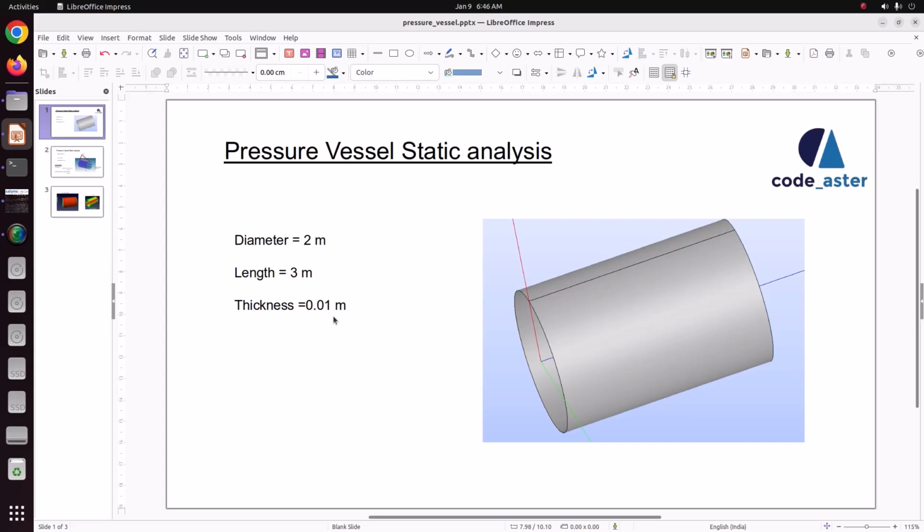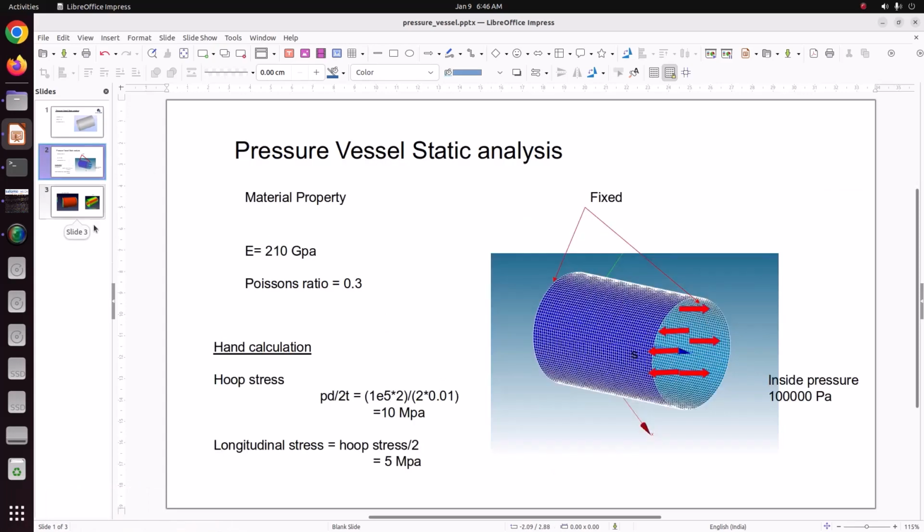By modeling this small thickness using a solid element, that will give more stress, and that is because of solid element stiffness. For that, we have to model it as a shell element to capture displacement and strain, everything in a proper way. So this is my pressure vessel, a simple model I have taken, and it has the material of steel with an